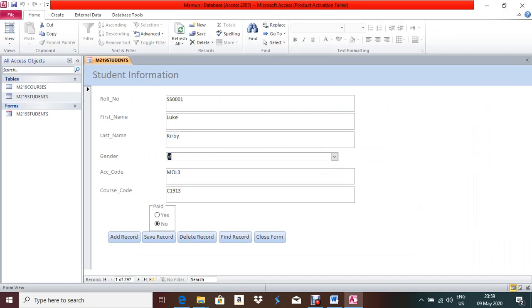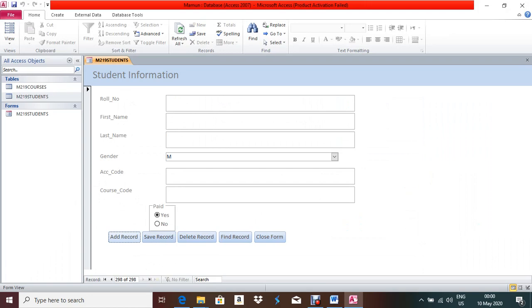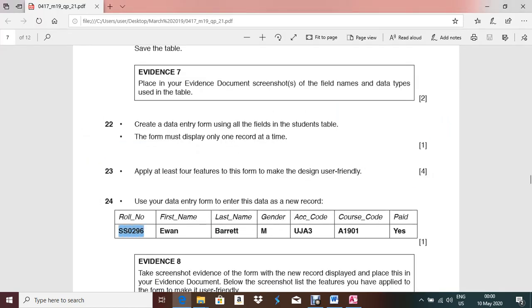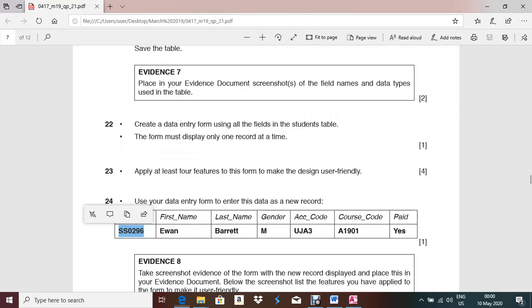So what I have to do, see here 297 records are saved, right? Saved. Now I have to add a new record. Click add record. Everything will come blank here, right? Now here put the value first.